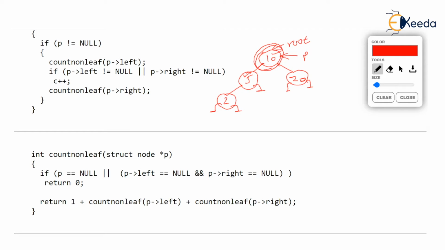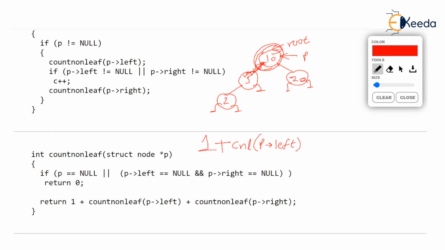Then you will say that if P is not a leaf, check my words, if P is not a leaf, then definitely P is non-leaf. Then you will say, I will count 1 because I have encountered a non-leaf, and I will add 1 to what exactly? I will ask how many non-leaf nodes are there in the left branch. You watch this. Left branch of P. So for that, I will call count non-leaf recursively. I am writing in short, count NL, CNL, P arrow left.